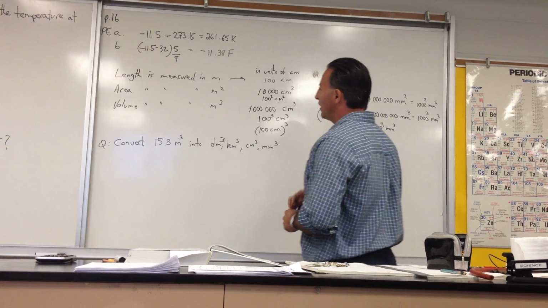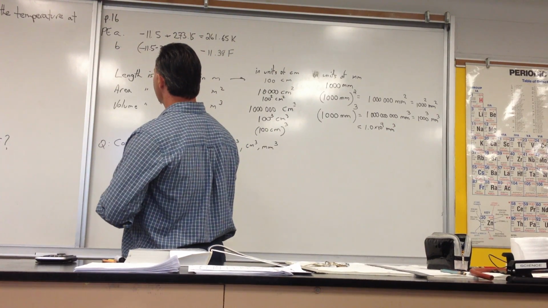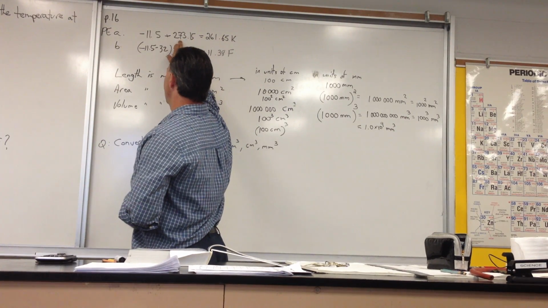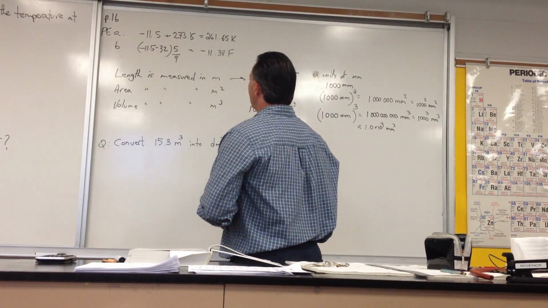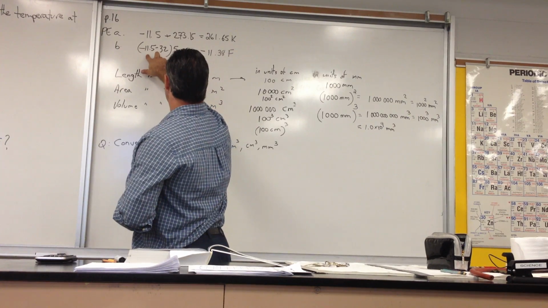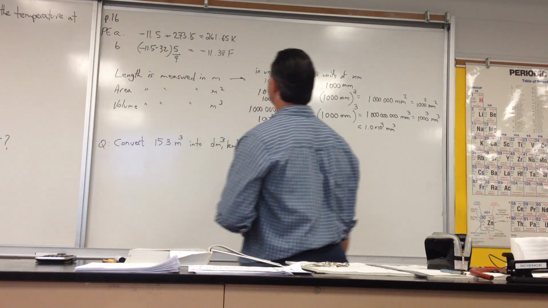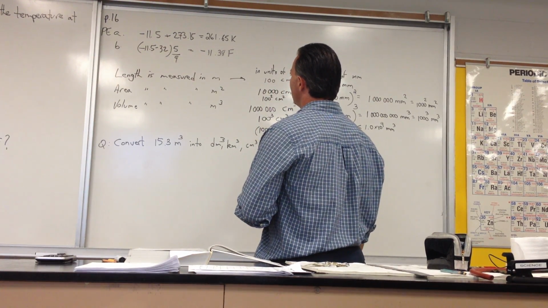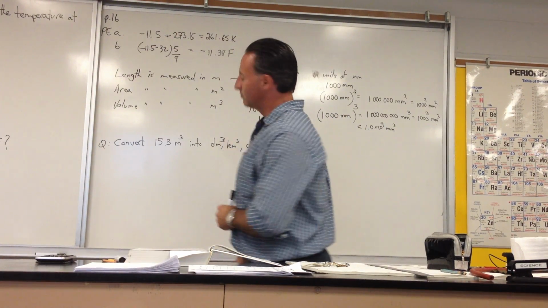Here's another example. They ask you what the melting point of ethylene glycol is, negative 11.5 Celsius. They ask you to convert that to Kelvin. So you add 273.15, and it gives you 261 Kelvin. Likewise, they ask you to find the temperature in Fahrenheit if it's negative 11.5 Celsius. You subtract 32, and you multiply by 5/9, and the answer is, I'm just going to double check that